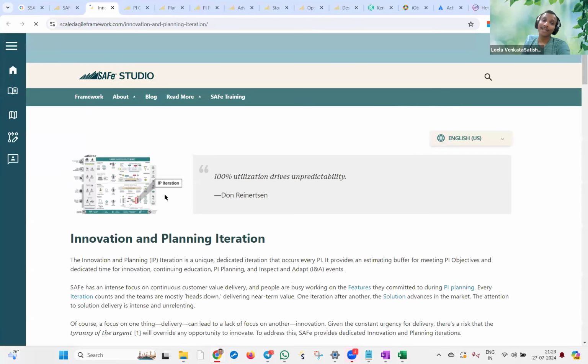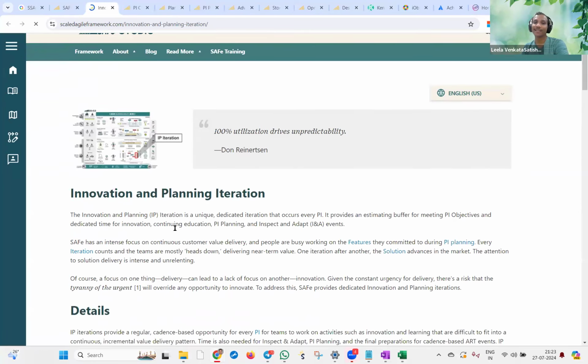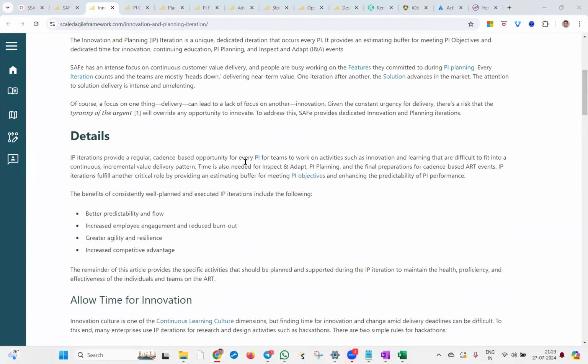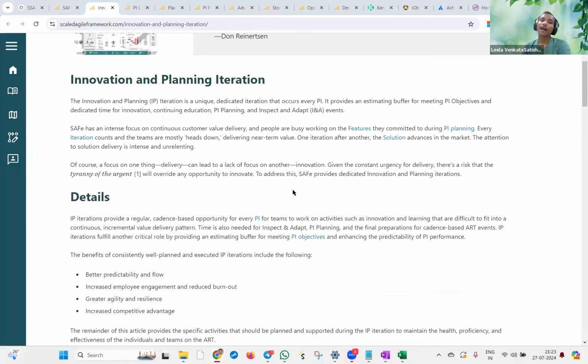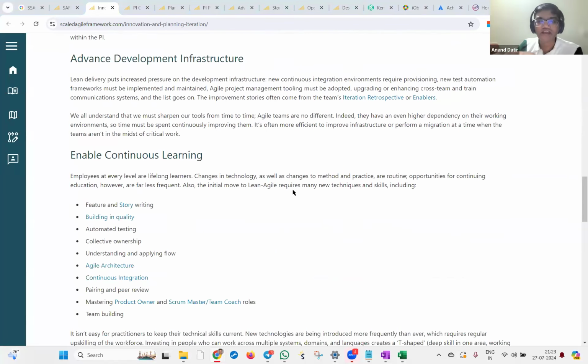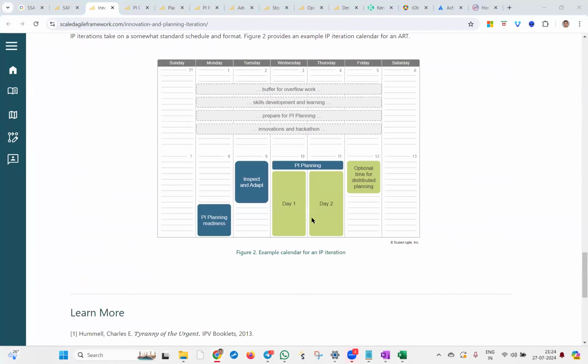It's part of the PI, but it happens in the innovation and planning iteration. Not PI planning during the IP. Yes, but it is for the next PI, right? Whatever planning you have done is for the next PI. So in the next PI cycle, during the inspect and adapt, the actual demo will be given, because for